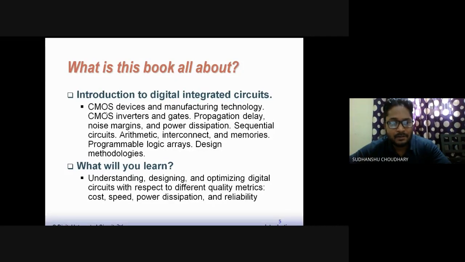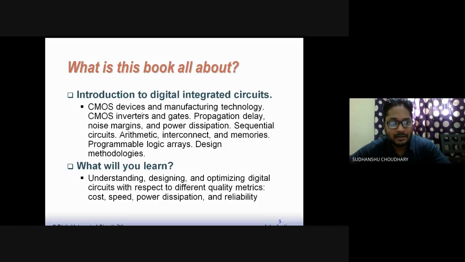the information on CMOS devices. In fact, today you will find that all integrated circuits are fabricated or designed using CMOS devices. Earlier, a long time back, maybe 30 years or 20 years back, when this technology was not there, CMOS, people used to fabricate digital ICs using only NMOS or maybe PMOS or maybe TTL and ECL. These were popular at that time. So all the circuits were fabricated using those technologies.